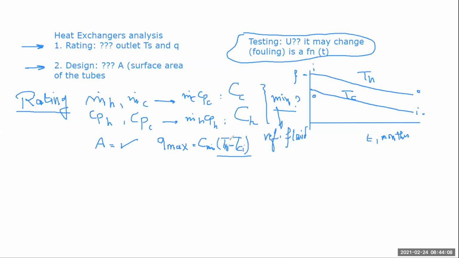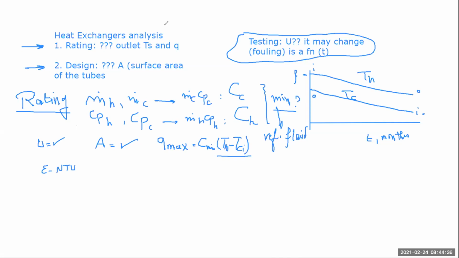So the hot temperature is known, the cold temperature is known. Then you need to see, when you apply a heat exchanger with a certain area and a certain overall heat transfer coefficient, what the heat transfer rate will be and what the outlet temperatures will be, hot and cold. In order to do rating, what you need is to apply a method which is the epsilon